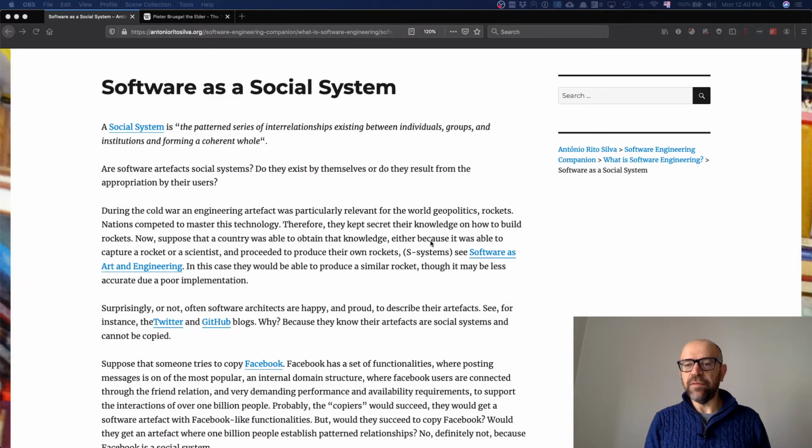So you give this system to people to start using it. And now, during the second phase of your development, you know a little bit more about what the real system is going to be, the system that is really used by people. Why? Because you get feedback from the use that people are making of the first release of the system. So you may say that incremental development, which has become common in software development today, is a consequence of knowing that software is a social system.